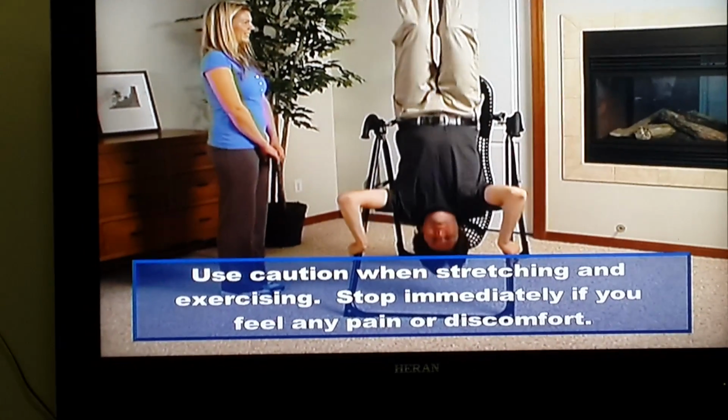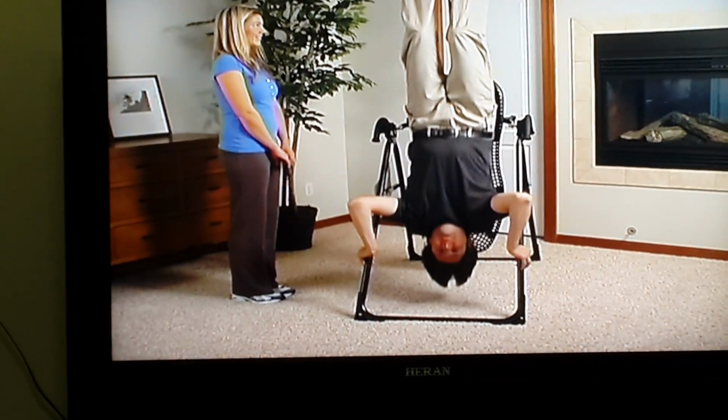Inverted squats are unlike any leg exercise you've ever done. Using the A-frame to steady yourself,